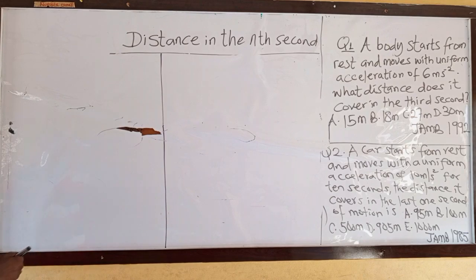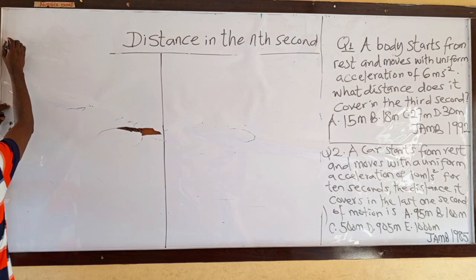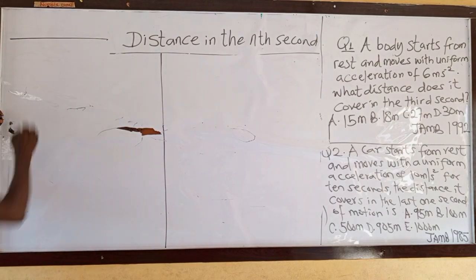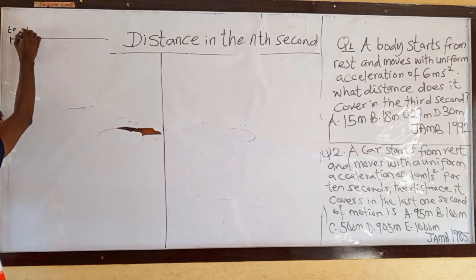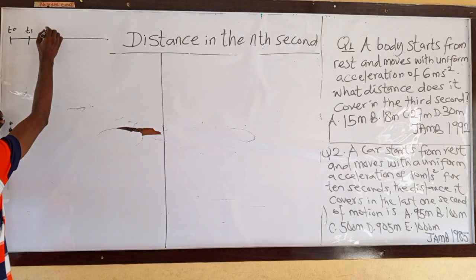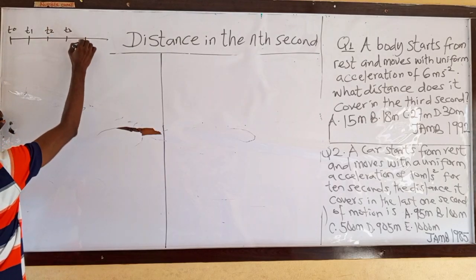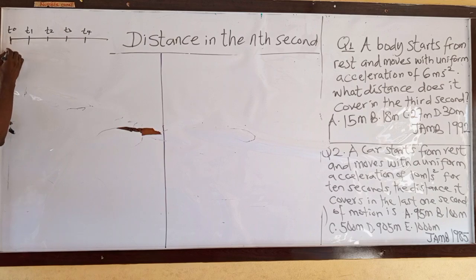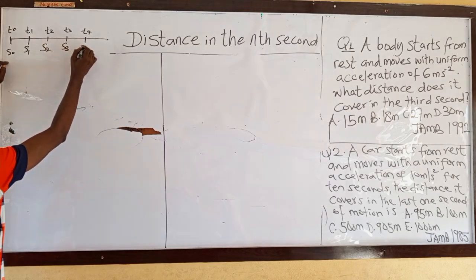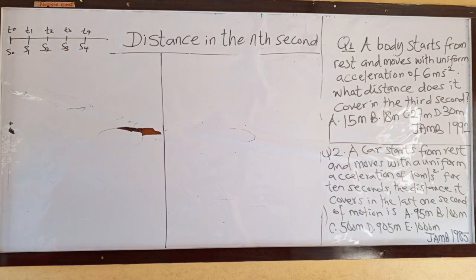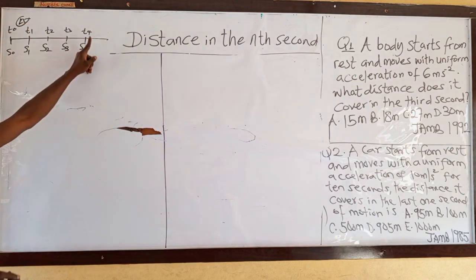Now look at this. Before I explain that, suppose I have a shape like this. I have time t0, time t1, time t2, time t3, and time t4. At t0 we have distance s0. We have distance s1, s2, s3, and s4. If we are asked to find the distance covered by a body, suppose this is body A, what is covered by this body at the fourth